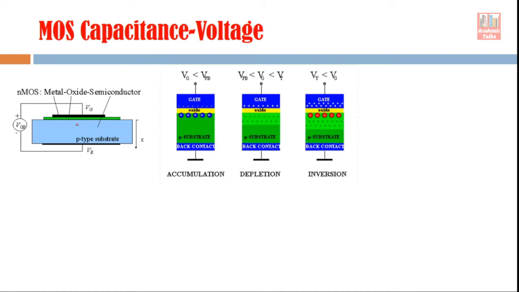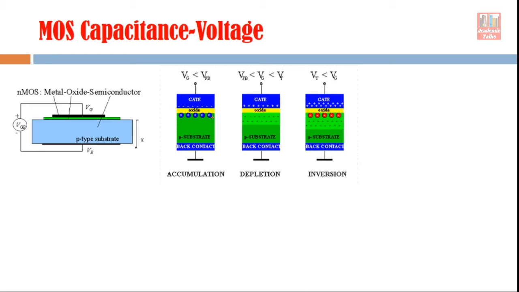If it is a p-type semiconductor, and the gate voltage is less than the flat band voltage, then we are in the accumulation region. You can see here a p-type substrate, and suppose we apply some negative voltage, because the gate voltage is less than the flat band voltage. Let us assume in the beginning that it is negative. If we apply this negative voltage, the gate terminal will have negative charge, indicated here with the negative sign, and corresponding to this negative charge on the gate, there will be an equal and opposite charge in the semiconductor.